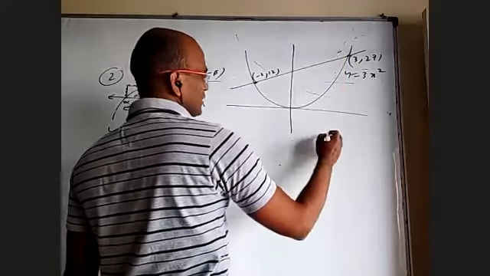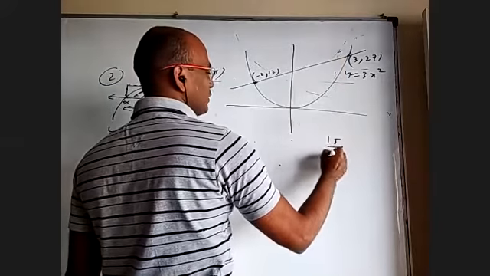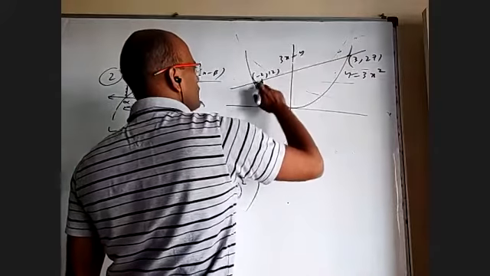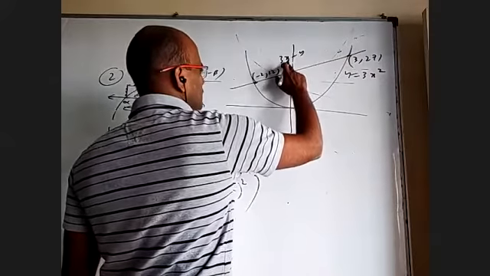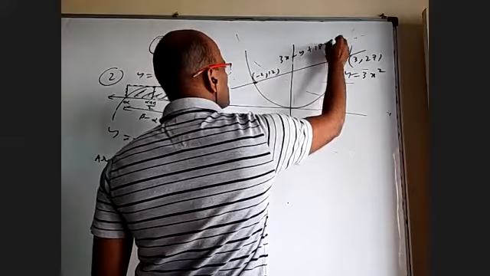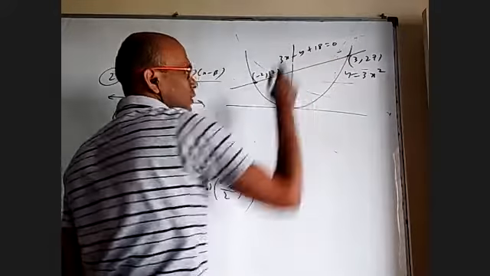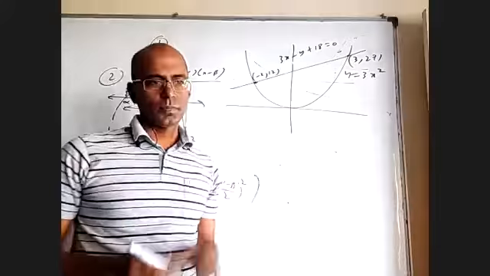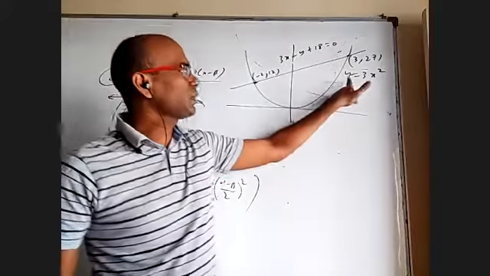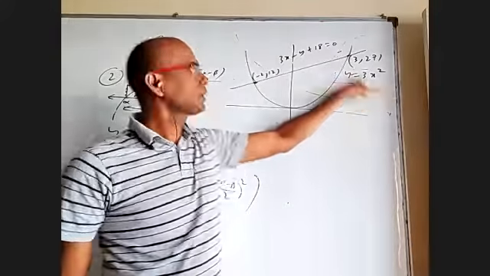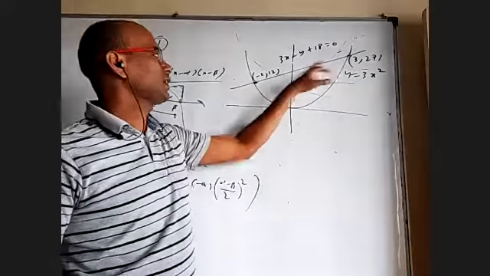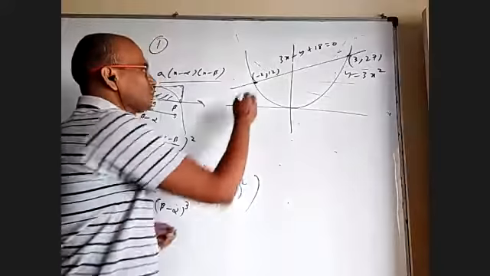What is the slope? 27 minus 12 is 15 by 5. Slope is 3. So the line is 3x minus y, when I put this, minus 6 plus 18 equal to 0. Is it matching here? 9 is correct. Yeah. So don't worry about these 2 points, I have not given them. I just mentioned this: find the area between the curve y equal to 3x square and 3x minus y plus 18 equal to 0. So you draw the line and the curve and find the points of intersection.